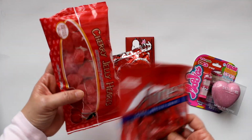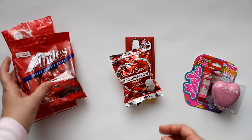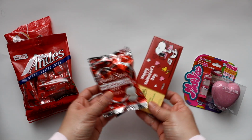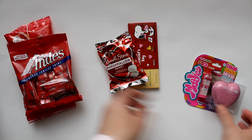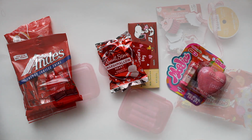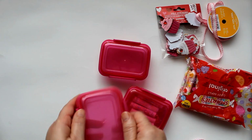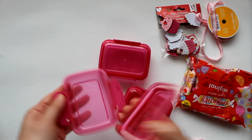I found a whole selection of Valentine colored or themed bagged candy for containers, and then also some bar candy for baskets and sets, and also a great selection of Valentine themed or colored beauty products, also for baskets and sets. First up, I found these hot pink colored food storage containers in the food storage section, but what's nice